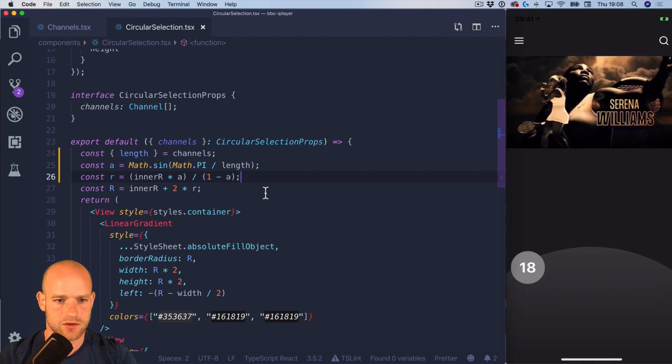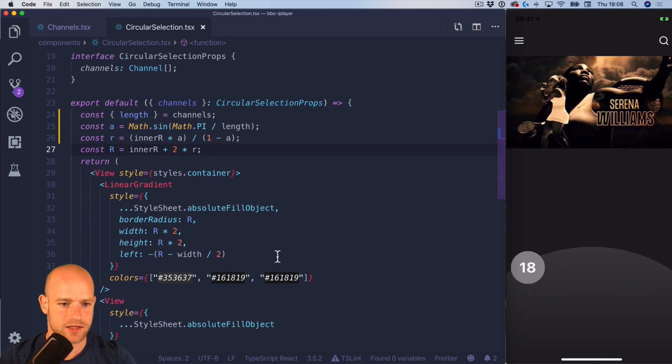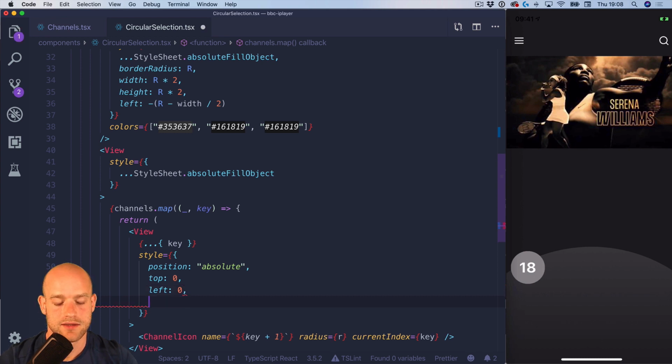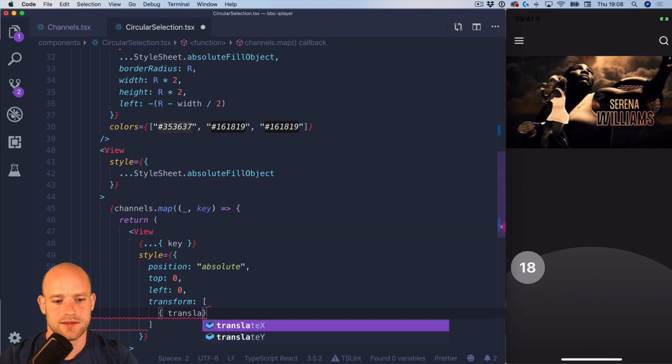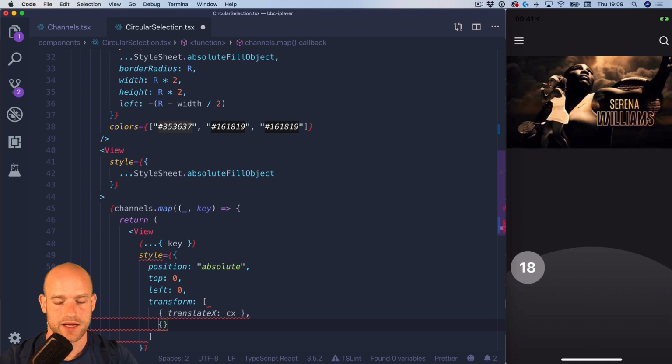So yes, we have it correctly. Now we need to spread these icons along the circle. So I'm going to add some transformations. We're going to rotate. So we're going to translate x to the center of the big circle, and I'm going to call this variable cx. Then we're going to rotate on the z-axis, and the rotation is going to be the index times